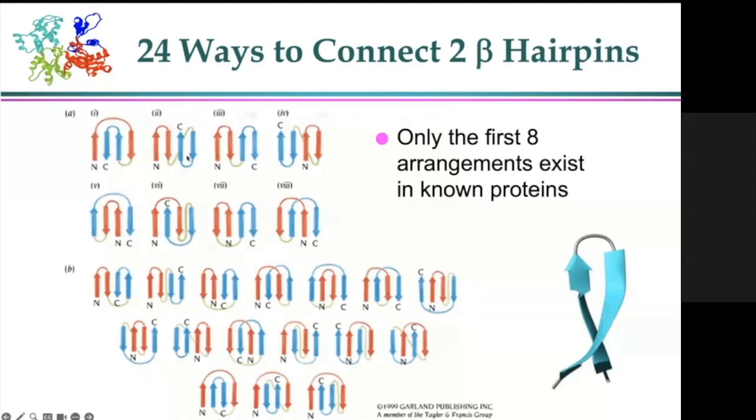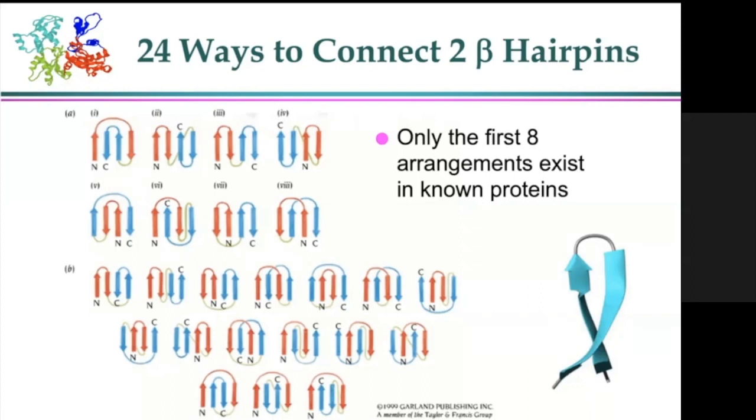One of them is the 4 beta strand motifs. There are many ways to connect 4 beta strands. With some constraints, you have 24 possibilities, but not all possibilities are observed in nature. In fact, only 8 of them